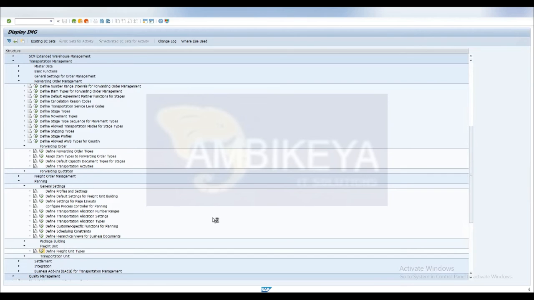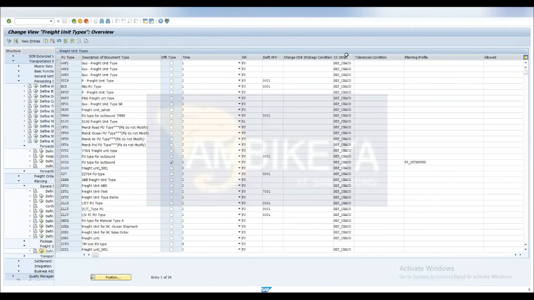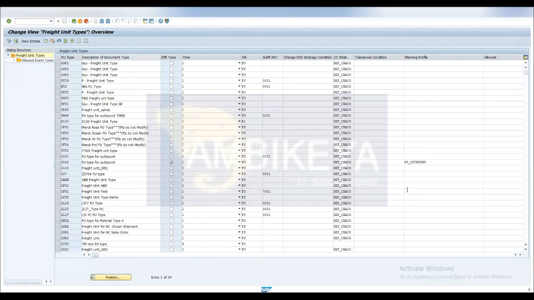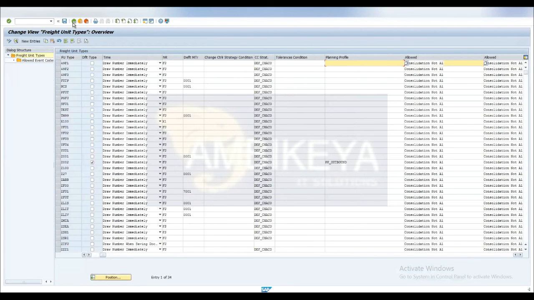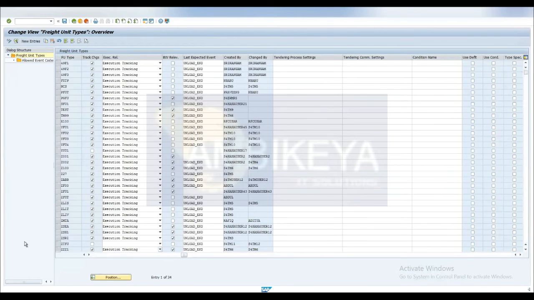The freight unit type is okay. Here we are defining only the freight unit type, the type of the freight unit. And yeah, you're right. So the freight unit type we can define here. Building rule is assigned at the integration profile level. This is not where I was trying to check the freight unit building rule. Integration profile. Go to integration. At the integration profile level, you can assign the